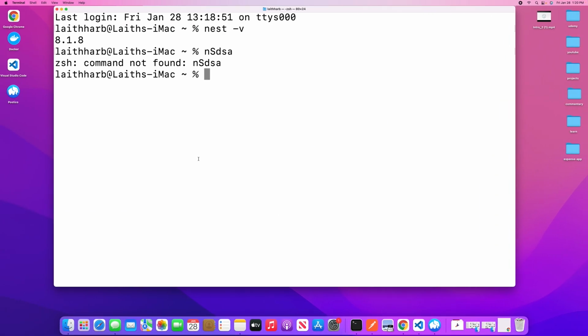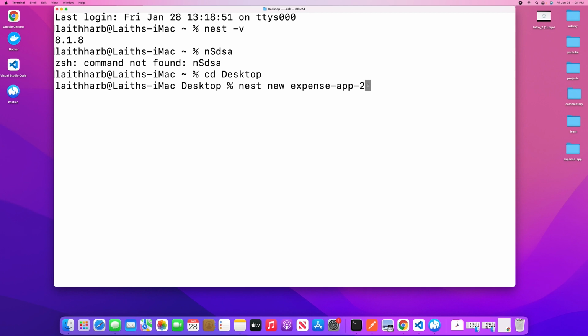So over here, we can move into whatever directory you want this project to be created at. Let's say the desktop for me. And then I'm going to say nest new, and I'm going to give this application a name. Now, I actually already created a brand new Nest application that is called expense-app, not express app, expense-app. I already created one just because this command does take some time. So I'm going to call this something else, but I recommend you just calling it